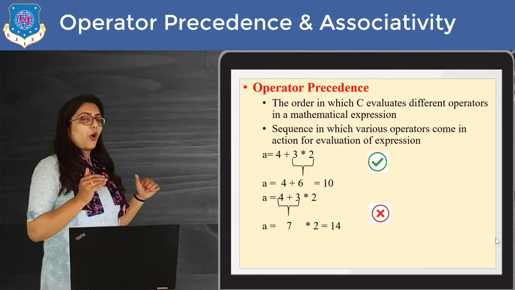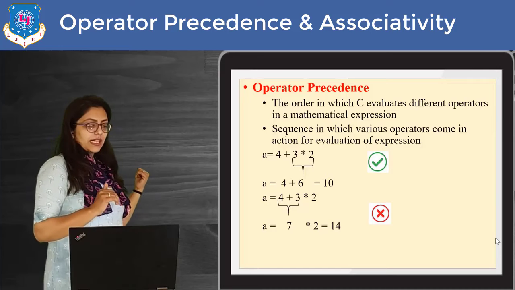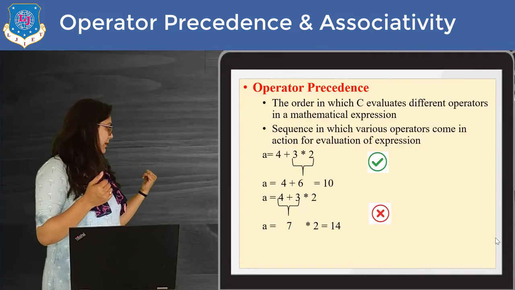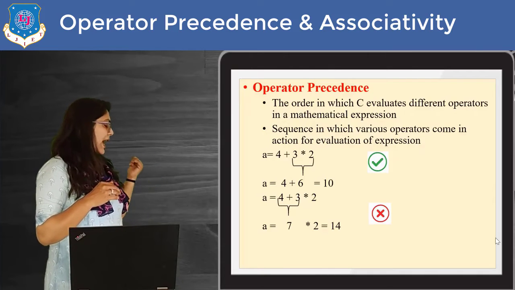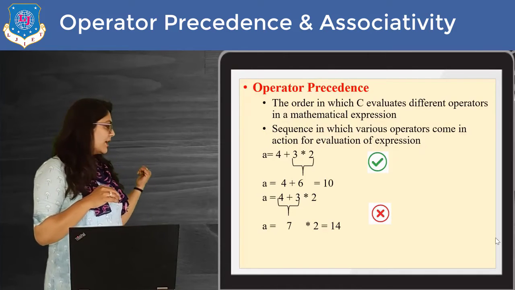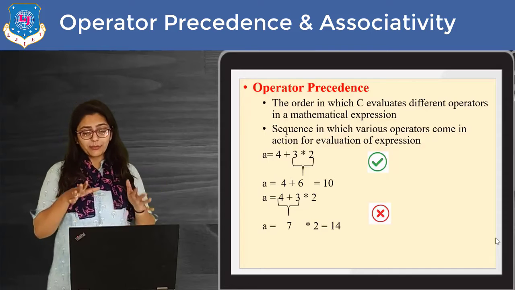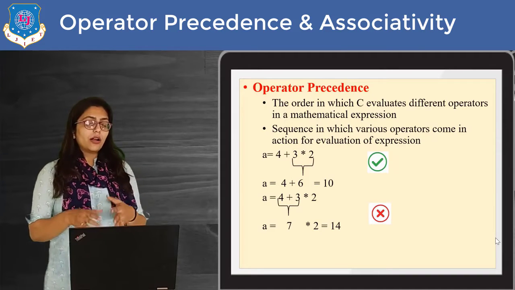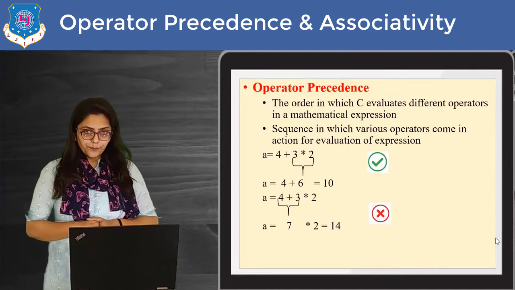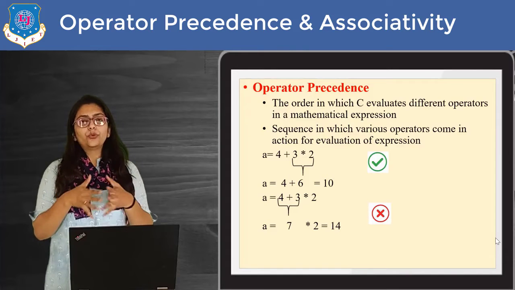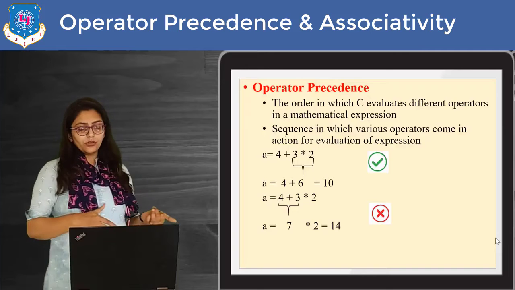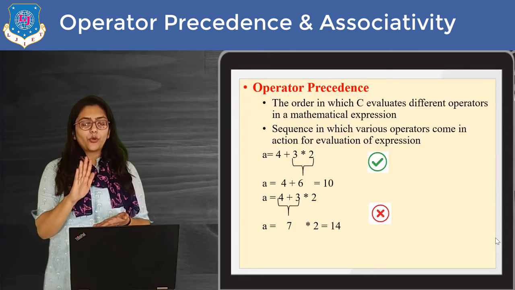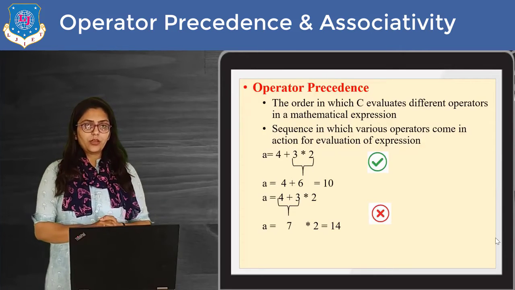So our correct answer is 10, which is shown as correct over here. But if I am not following the rules, first I will add the two numbers, that is 4 plus 3, which is 7, and then multiply 7 with 2, the answer will be 14, which is a wrong answer. Mathematically it is wrong, and it will be wrong if you perform this program as well. So how to evaluate these operators is decided by some predefined rules. At the end of this topic I am going to give those rules, so don't worry.